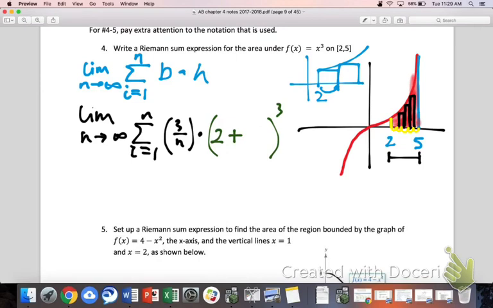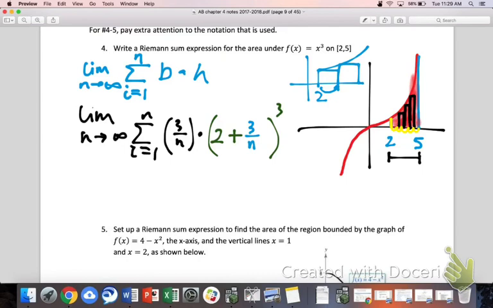So what you want to do here is ultimately get to where Matt got to, and he said every time you move over, you're going to move 3 over n, because isn't the base length of a rectangle 3 over n? Okay, so I'm going to put plus 3 over n, but if that's all I did, then wouldn't I just be starting at 2 and adding 1 rectangle over? So I have to have some sort of mechanism to allow me to keep moving over,